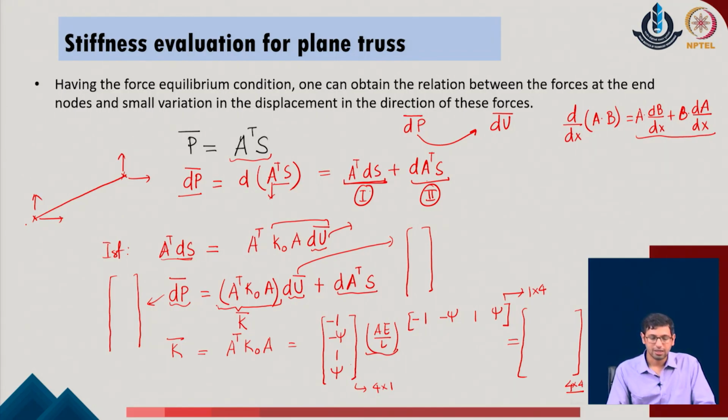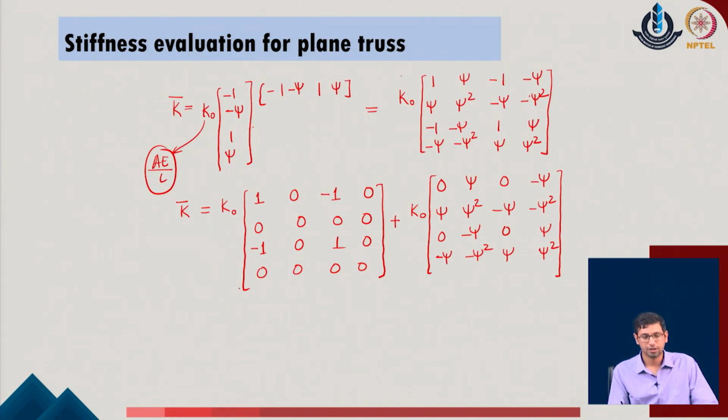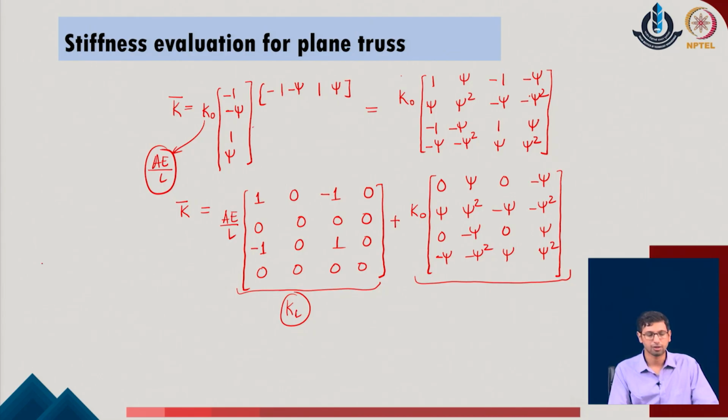Then I realize that if the first part of the system is dp bar, which is a force vector, and the second part is du bar, which is the displacement vector, then the multiplier should be the stiffness of the given system, and that is where we identified this as the overall stiffness, a 4 cross 4 matrix. When I open this up, we get these two parameters, and if you recall, k naught, if I substitute the value, comes out as AE upon L, and this is nothing but the linear stiffness which we have been following up to now for any given truss problem.